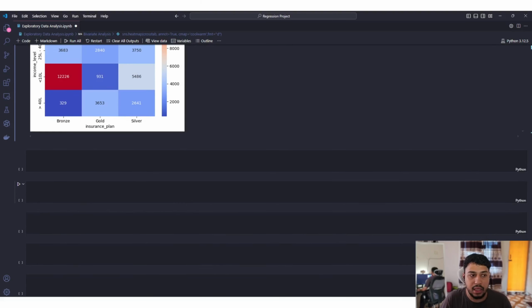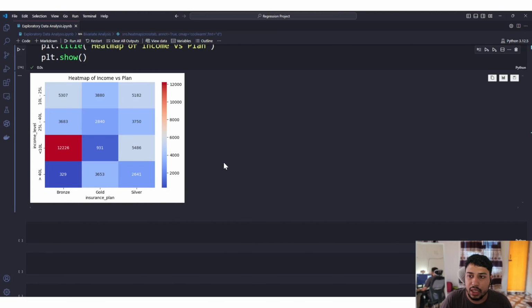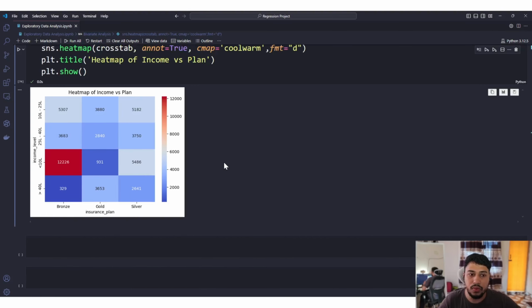So this was our exploratory data analysis process. And from this process, we are now able to know about our data a bit more than at our initial stage. We know what kind of variables we have in our data set, how the age variable is distributed, how our premium amount is distributed, how the incomes are distributed. And furthermore,